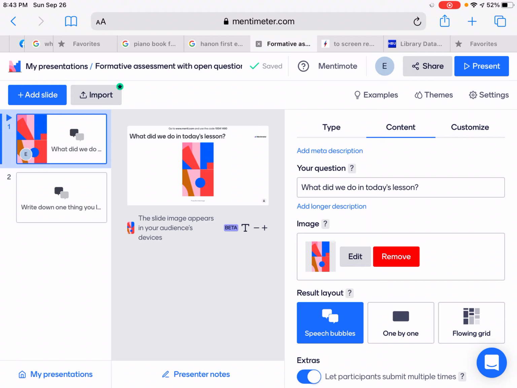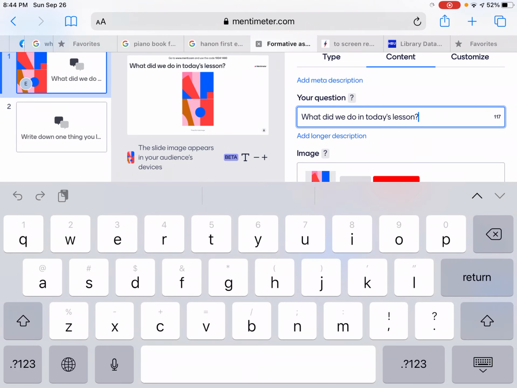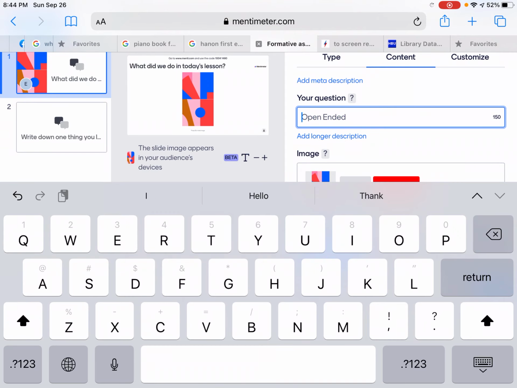So I can add only two. It's basically a PowerPoint, but you can have a real interaction. So my lesson is in here, and also to the right, you see type, content, and customize. You can change the things that you want to say. So we're going to keep the same